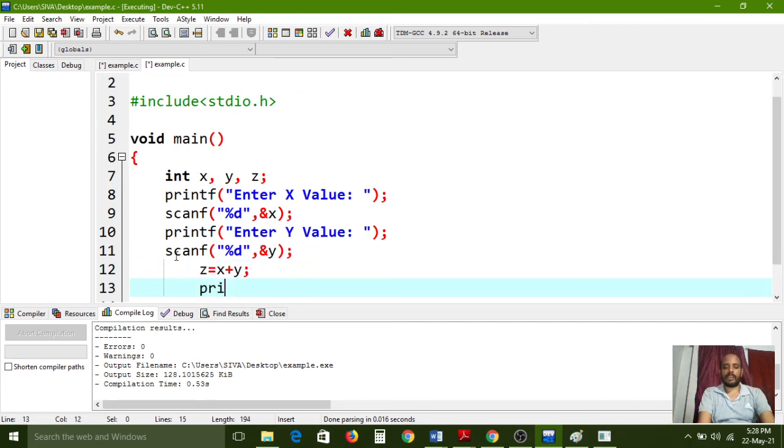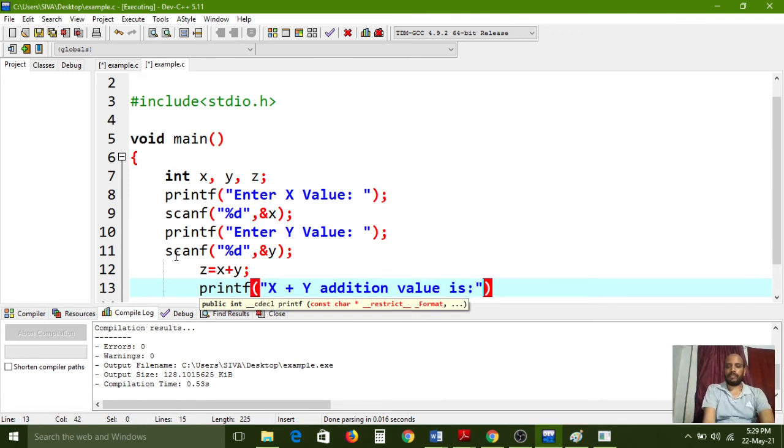After that I want to print the total result. So, x plus y addition value is %d, comma z, I have given.